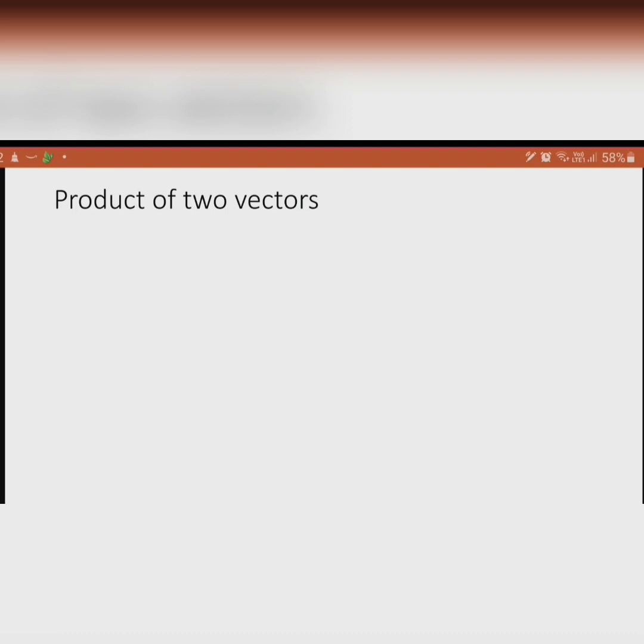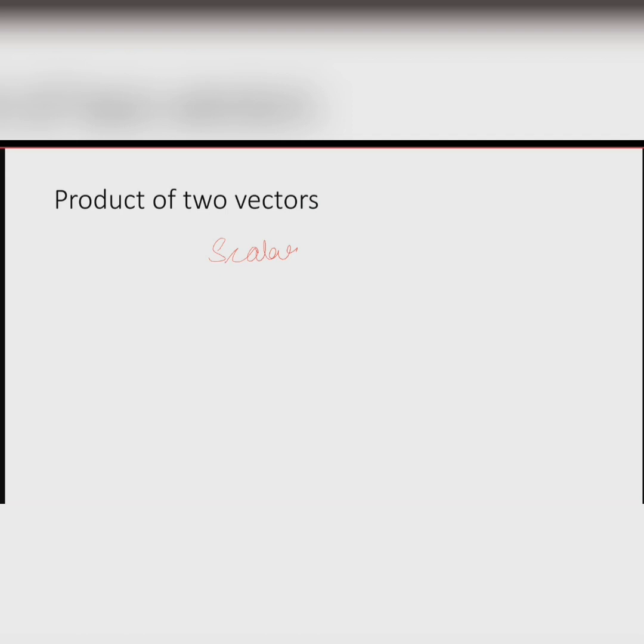So when we're talking about the product of two vectors, what do you think would be the resultant of a product of two vectors? It should be a scalar or it should be a vector? Anji, you have studied some formulae in class 9. Ma'am, it can be scalar and vector. Ma'am, it can be both. It can be both.